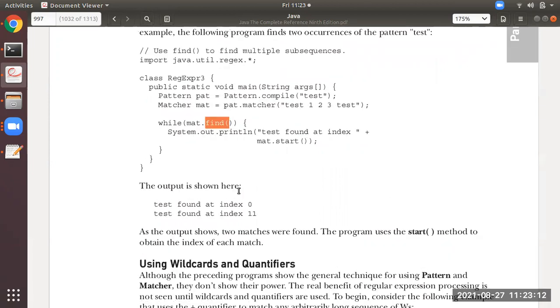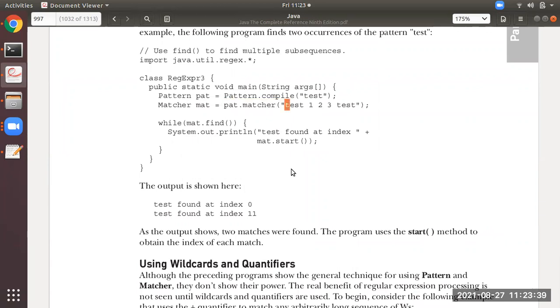So it will use the same find method. It will find whether some part of whatever is there in the matcher is going to get matched with what is specified in the pattern. So you can see test. At what position is test?